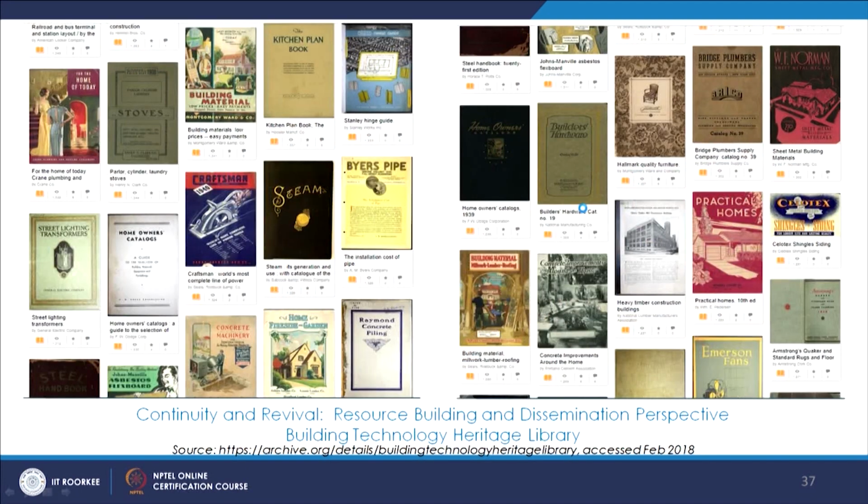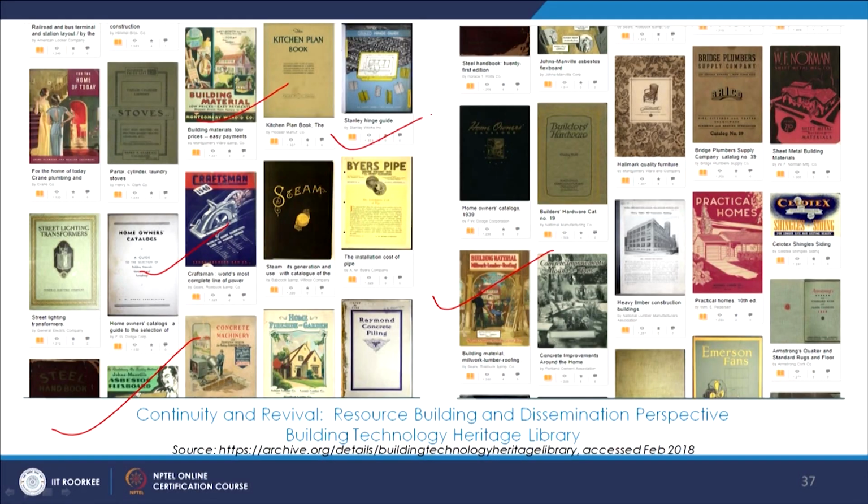So again continuing with this catalog, we see here a compilation of some other different kinds of catalogs and resources that could be found on this portal. Here again we see many of these. All of these are a part of this online resource building hub, and there are so many different interesting resources to refer to.